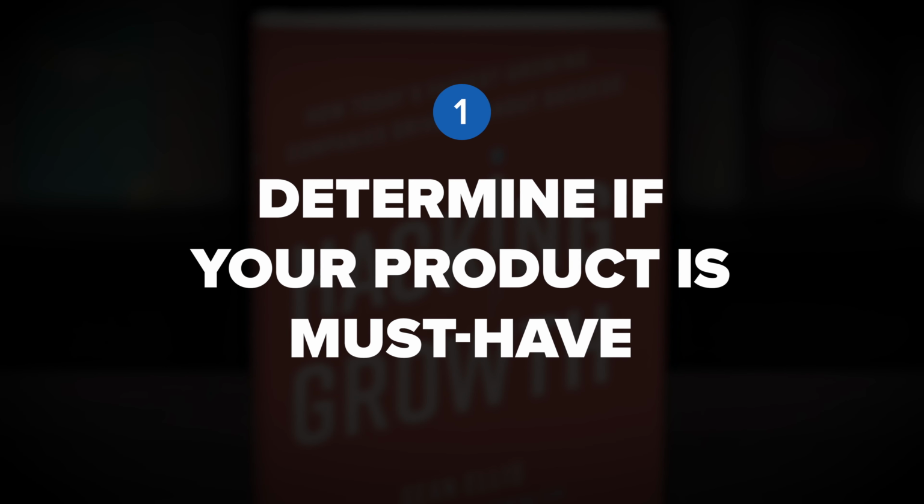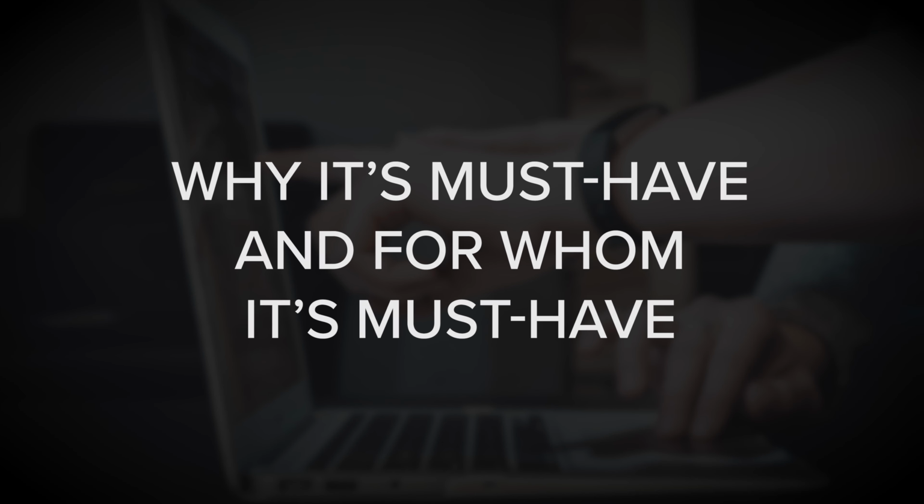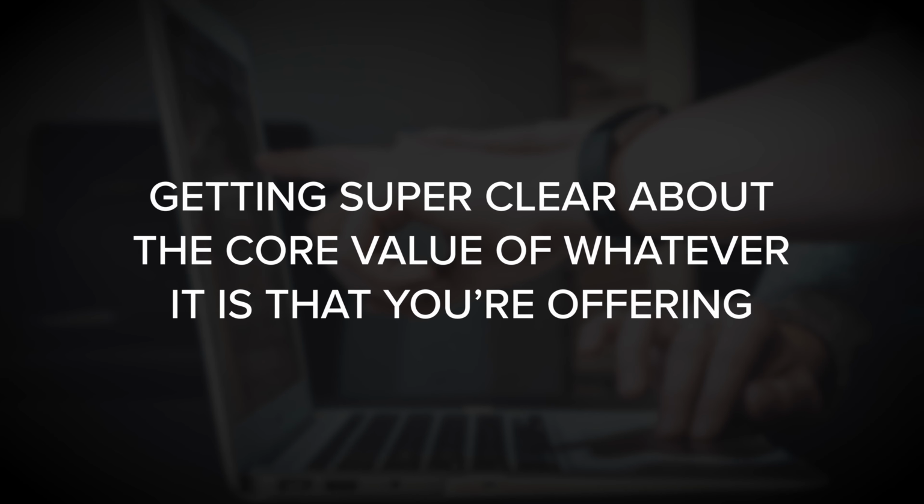Okay, insight number 1, determine if your product is must-have. The idea here is you do not want to start rapid business growth until you're absolutely sure that your product or your service is must-have. And you want to know why it's must-have and for whom it's must-have. And a big part of this is getting super clear about the core value of whatever it is that you're